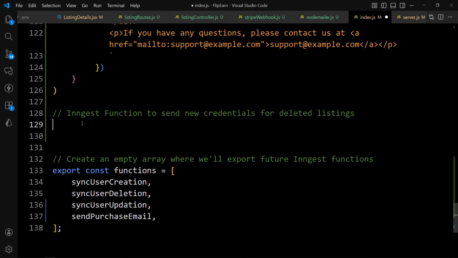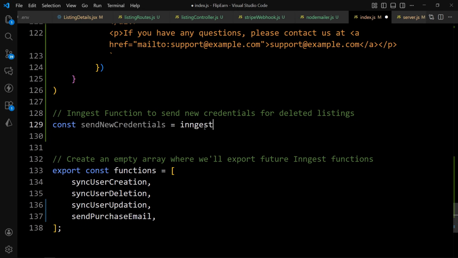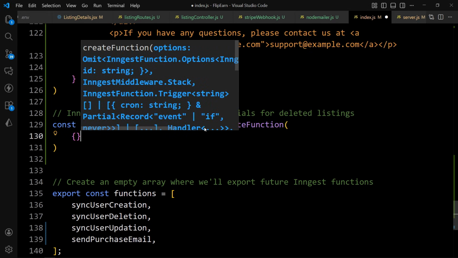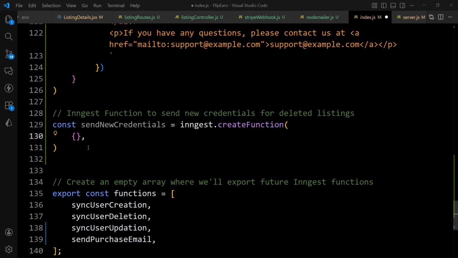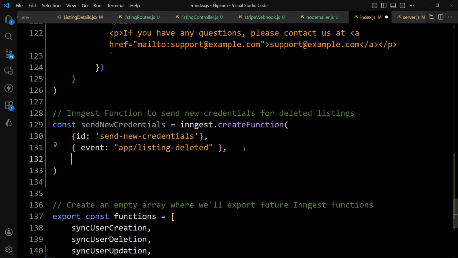So here let's add const send new credentials equal to ingest dot create function, right? And after that, let's add the ID here. So the ID is send new credentials. Then we'll add the object, and in this one we'll add the event. So the event will be app/listing deleted, and after that we'll add the arrow function. So let's create the arrow function with the event in the parameter,